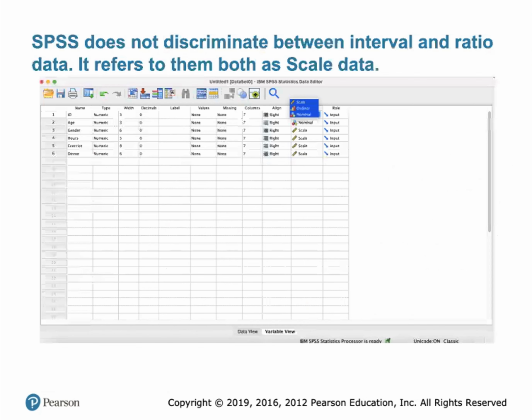Okay, so going back to our SPSS. As I mentioned, SPSS does not discriminate between interval and ratio data, because it's tricky. So we call interval and ratio as scale in SPSS. So if a variable is either interval or ratio, choose scale. Okay, and you can see there is an ordinal variable and nominal